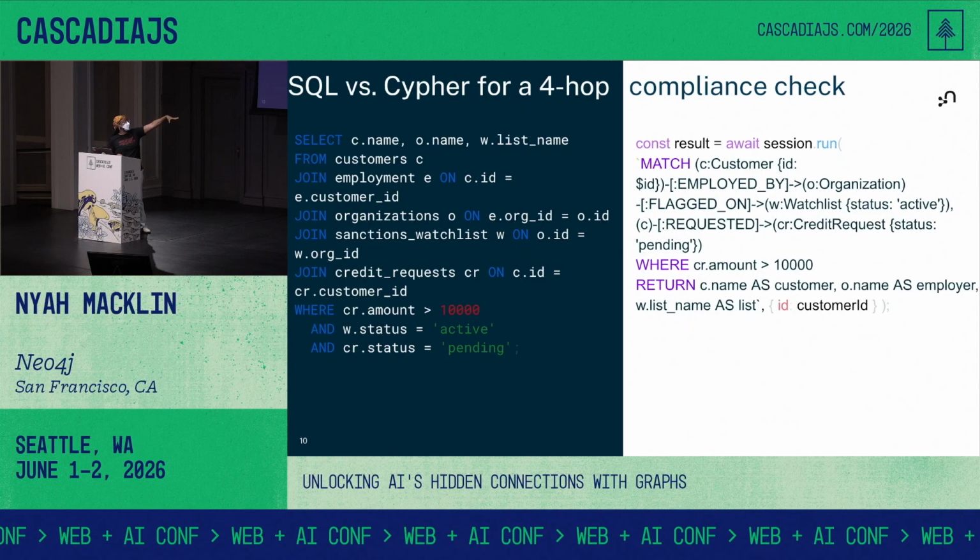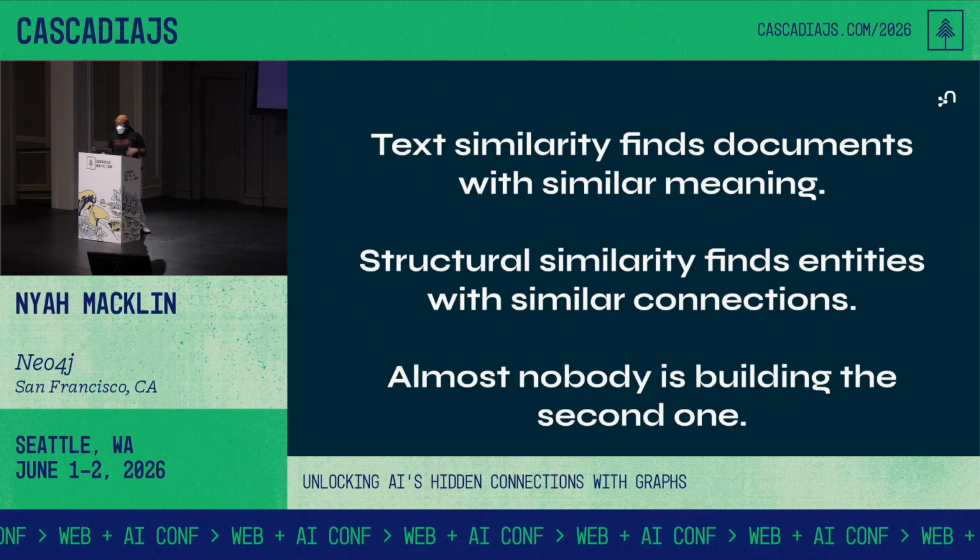What is the credit amount? And then return all the information about that person. It was Jessica. But what we see here is that text similarity often finds documents with similar meanings, right? But structural similarity, on the other hand, with graphs, finds entities with similar connections, and almost nobody is building out